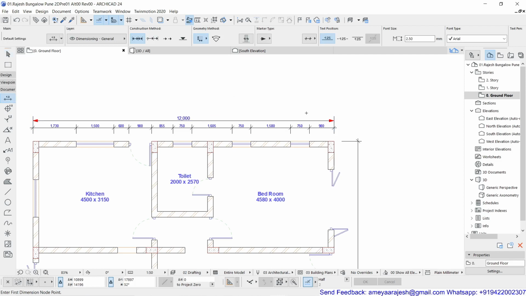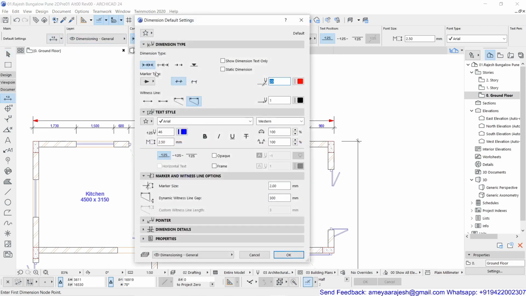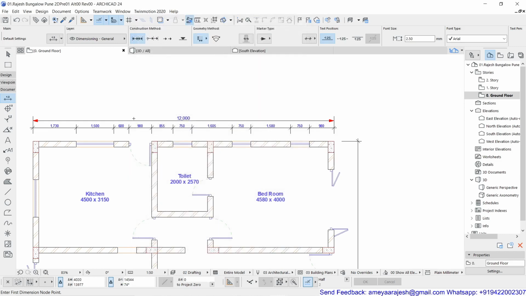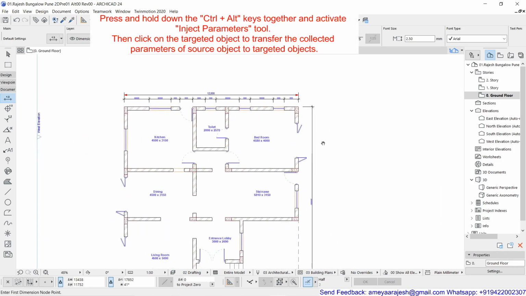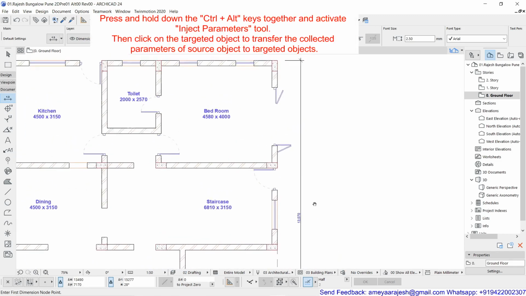Okay. Now I want to insert these parameters. If you go inside your dimension setting now, you will be surprised that all the settings are modified as per the source object which you have selected. The arrow type, its pen number, its text height, everything. All the parameters are now collected from the source object, and now you want to inject them into this other dimension.